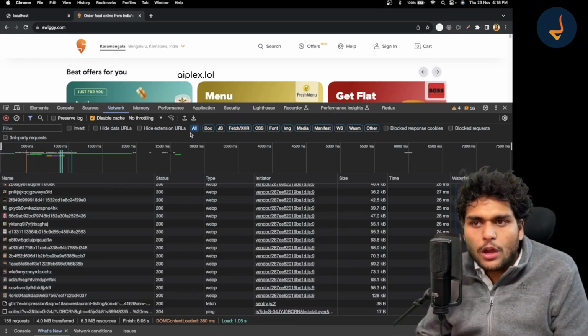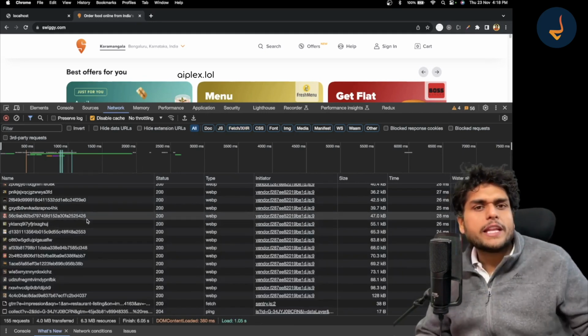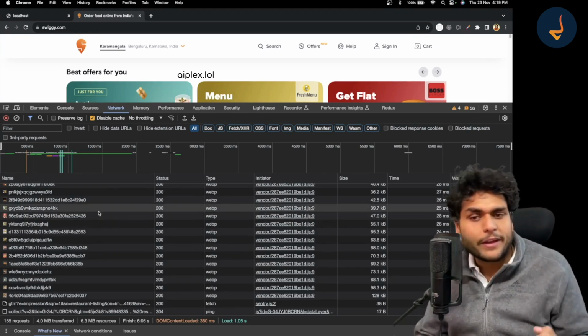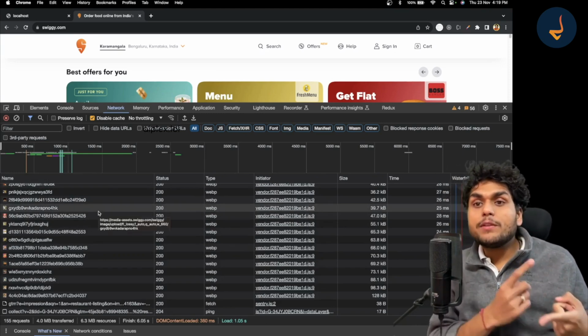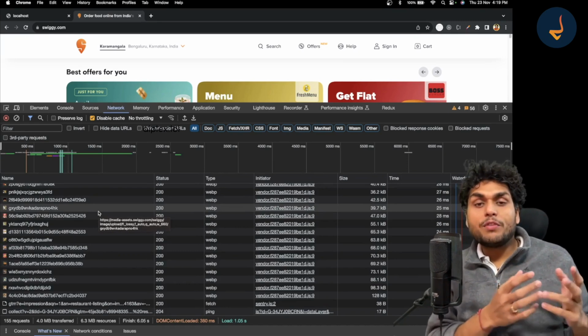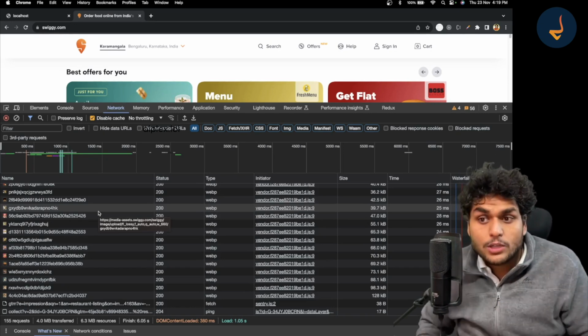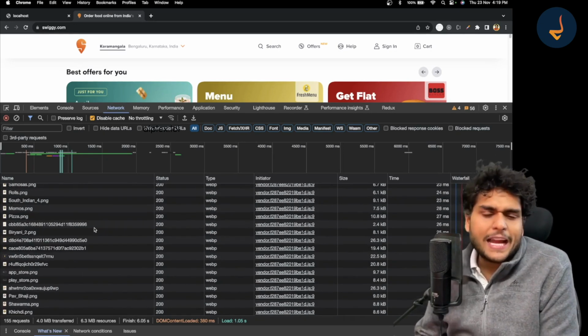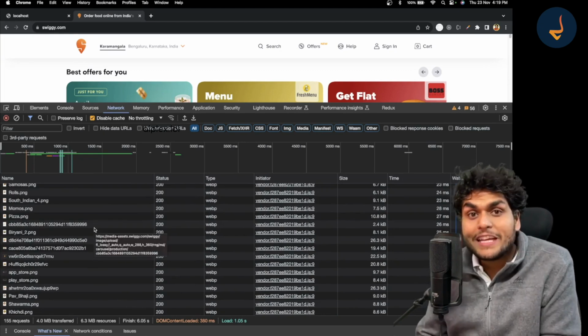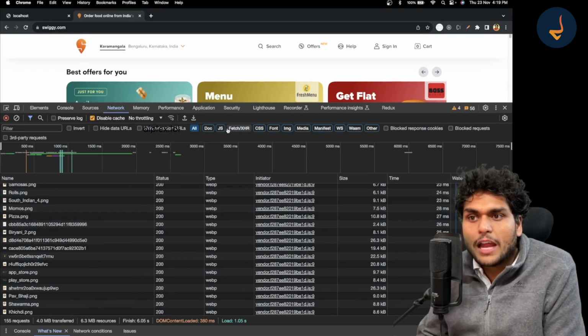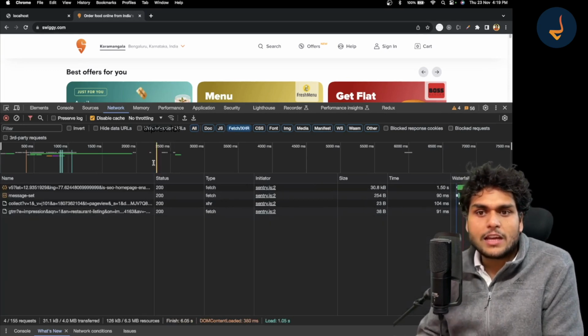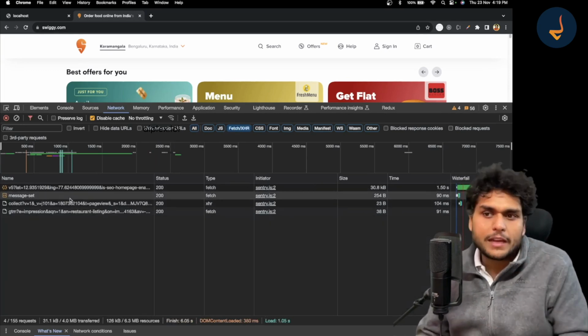If you click on All, it will give you the results of all the URLs that have been fetched for a page. For example, the different photos, the JavaScript files, the CSS files, all of them are present here in this Network tab. But I am just concerned about the API calls which were made, right? So you'll have to click on this Fetch/XHR. That means only fetch calls will be here.